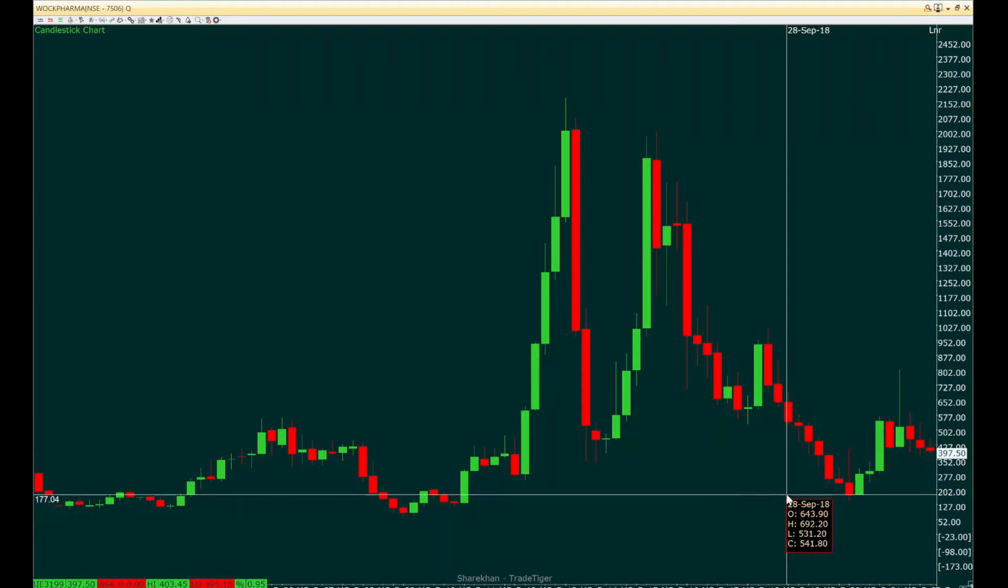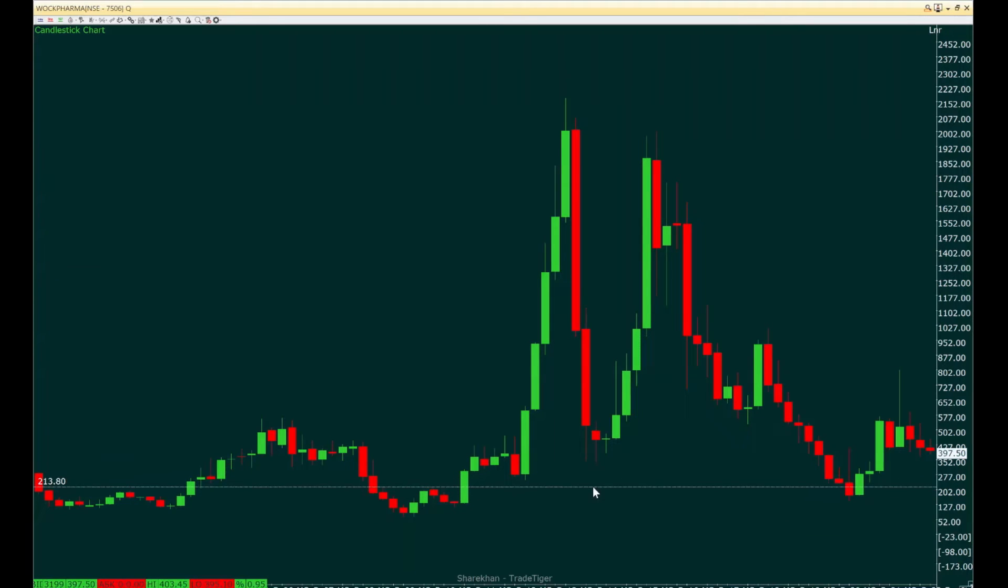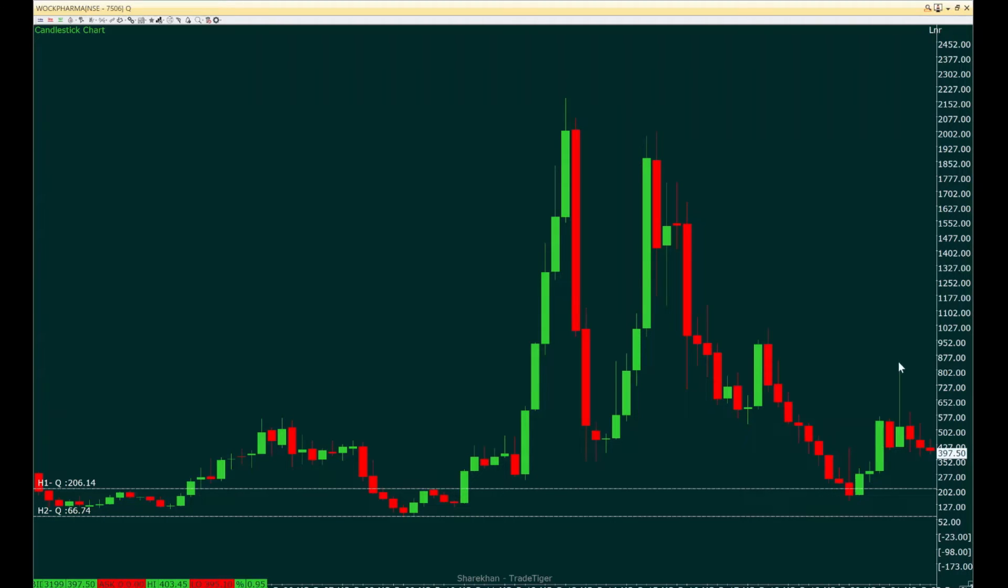What we can understand is that price is running from this quarterly area, with a higher point of 206 and the lowest point somewhere around 66.74, and the price is currently reacting from a quarterly supply zone, which is at 855, and then the bottom is around